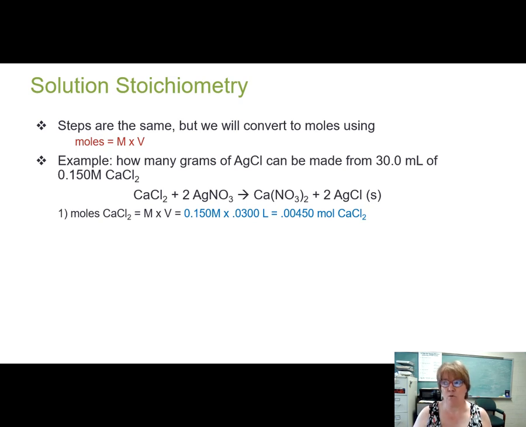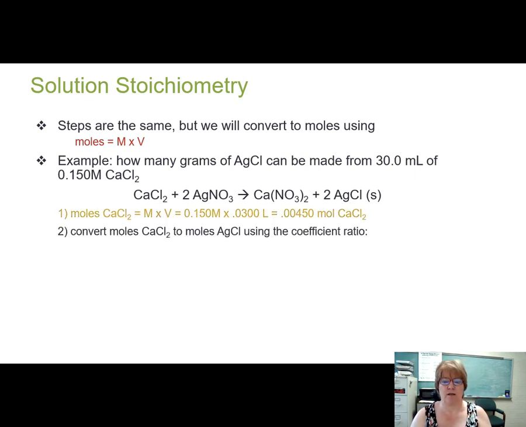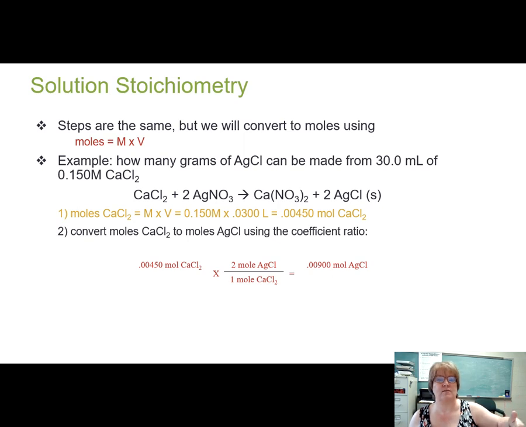Now I can go from moles of A to moles of B using the coefficient ratio. Since we're starting with calcium chloride, we put a 1 for the coefficient of calcium chloride on the bottom of the conversion factor. We put 2 moles of silver chloride on the top, and it turns out that this will make 0.00900